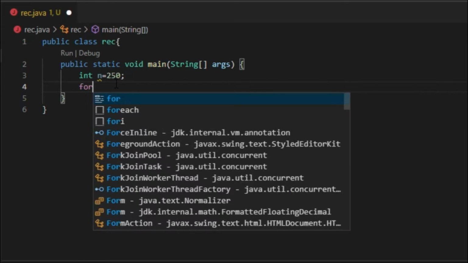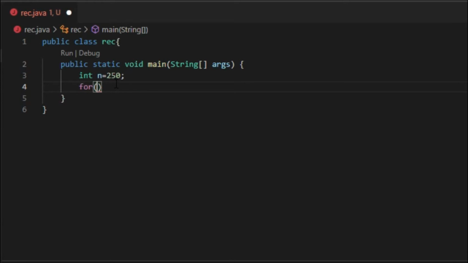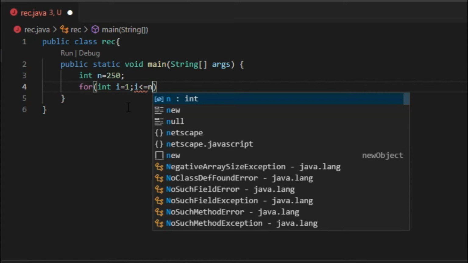Now I will make one for loop. It will start with this variable initializing at 1. Then we want it to go till 250, that is we will be comparing the values till 250. So I can write 250, or I can just write n, both are the same.